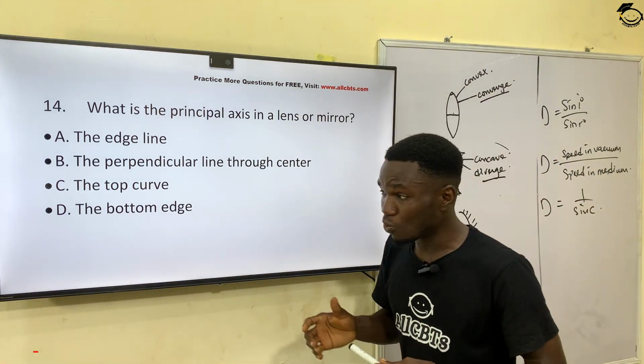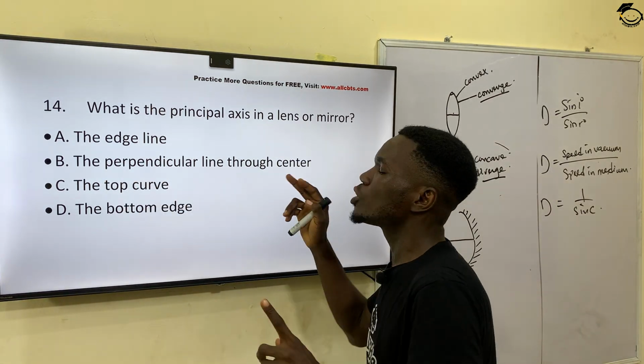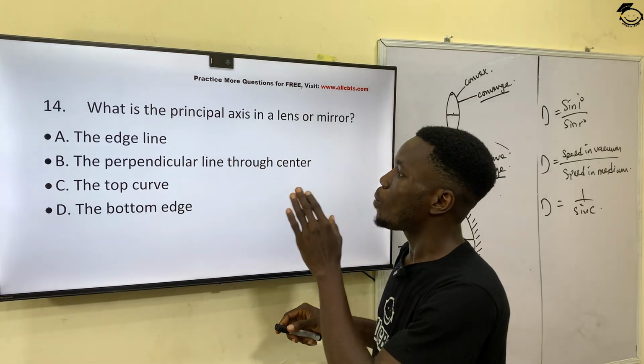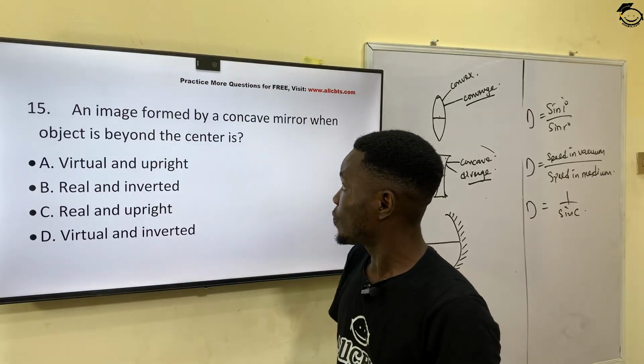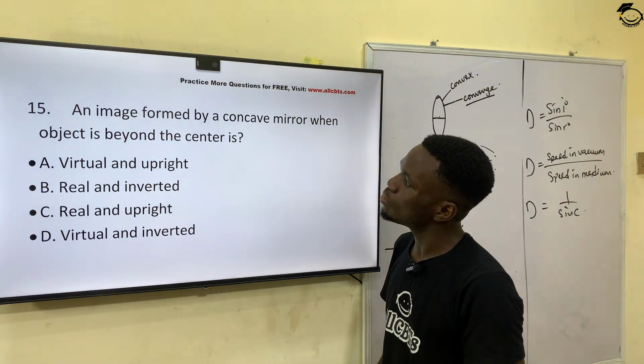So the correct answer to this question is that the principal axis is the perpendicular line through the center of the mirror or through the center of the lens. And that is option B. This is question number 15, which says an image formed by a concave mirror when the object is beyond